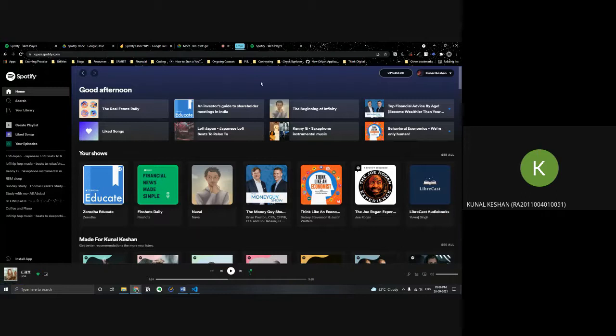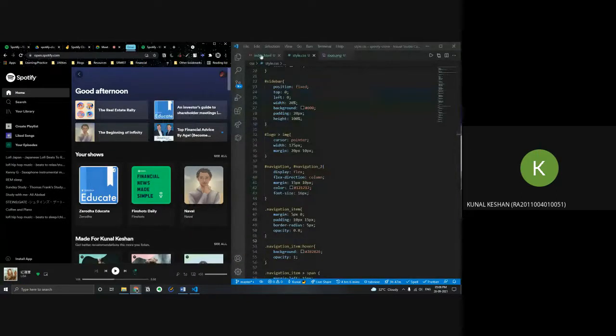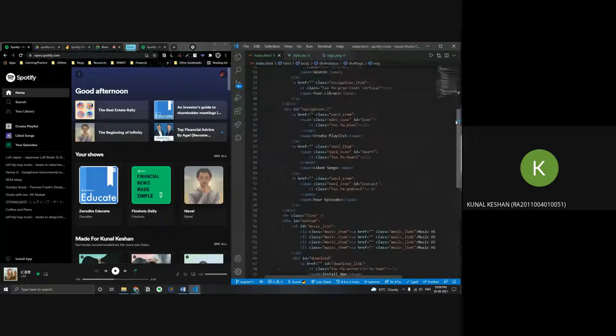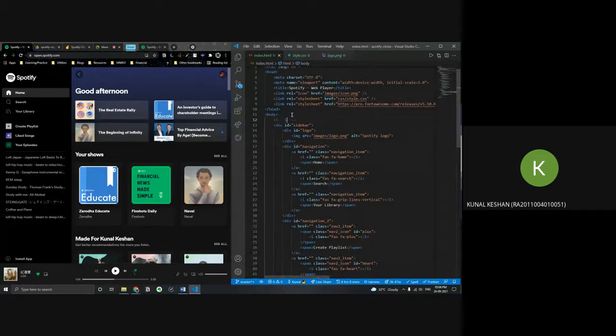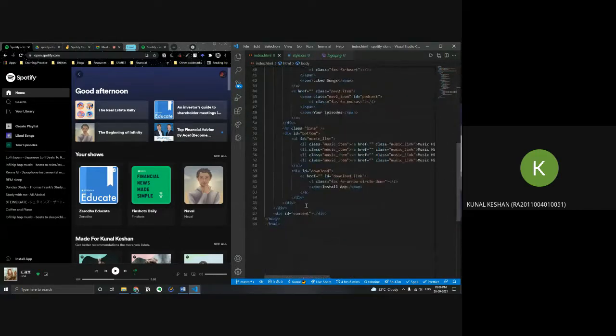Okay, so let's get started now. I'll just keep the real one on the side. Okay, and I'll go to index.html. If you remember, we made the sidebar over here. It's a good practice to put comments, like mentioning this is the sidebar of the clone or something like that. And then we had a div content that we have yet to work on, that we'll work on right now. So we can just put another comment, content of clone. And now we'll start working on the navbar.